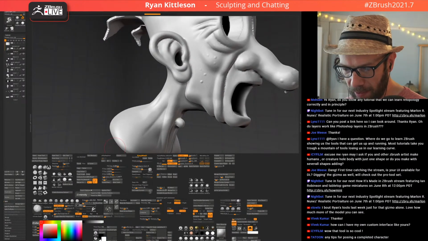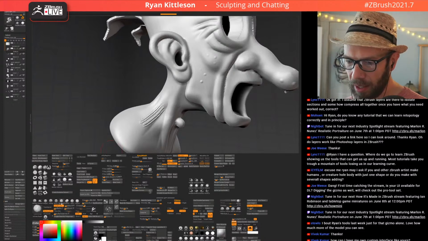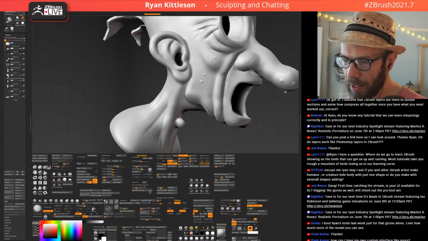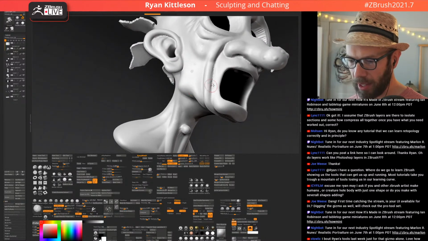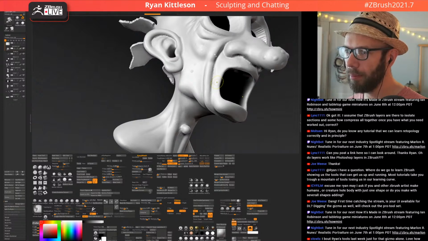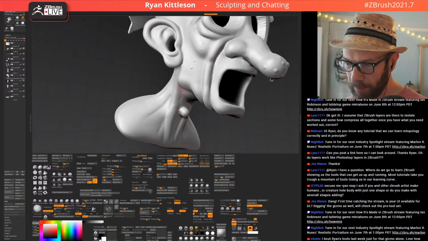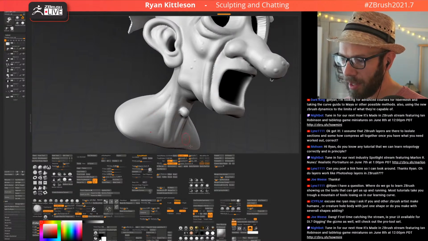So I've got this alpha going. Just going to play with some of the settings, see if I can get kind of a crosshatch effect. Kind of, but